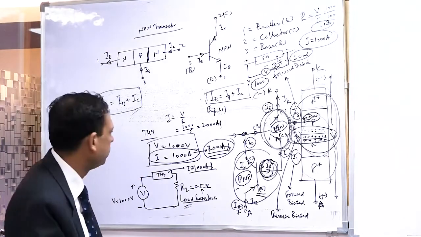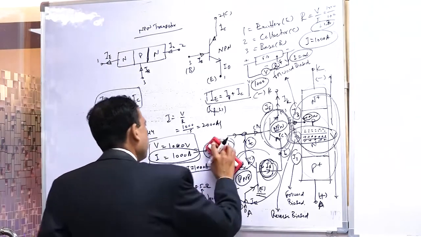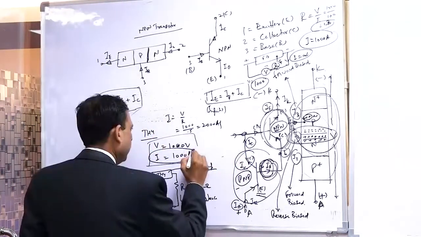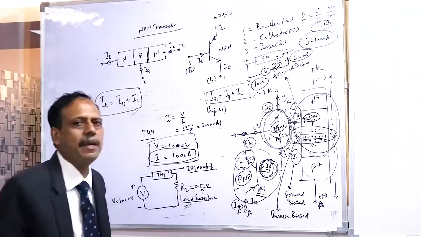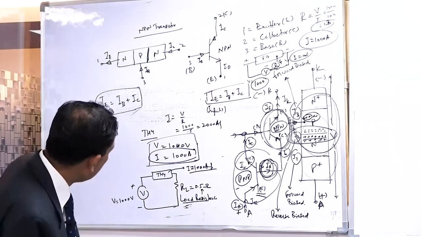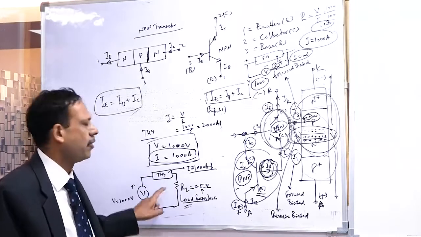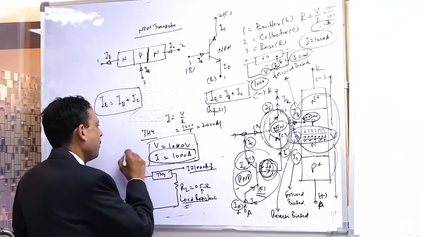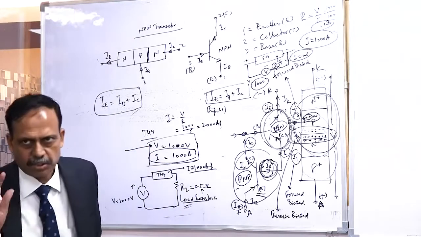Now let us suppose that we don't have a thyristor of 2000 amperes, and only the 1000 ampere one is to be used. What do we have to do? We don't have a thyristor of 2000 amperes, and we have to use only this thyristor in this circuit. What do we have to do? No, the voltage is 1000 only. The voltage rating is 1000 only. The applied voltage is only 1000. That is not changed.